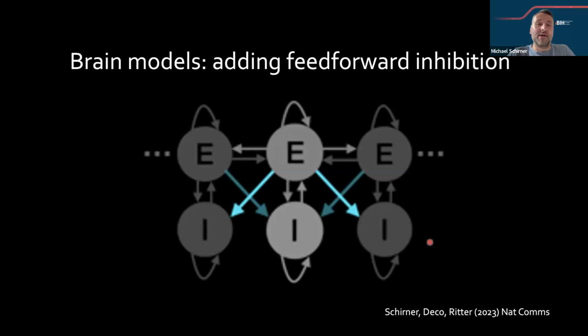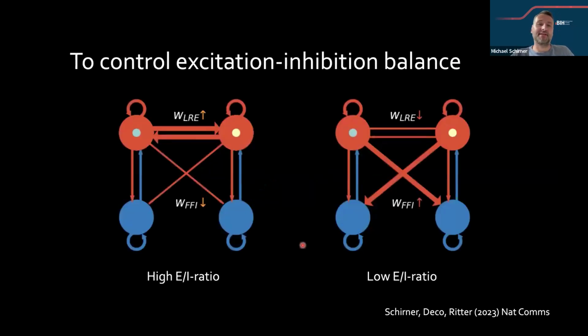In the past, brain network models usually only had these forms of connectivity that we see in gray here. There was long-range connectivity between the excitatory populations, and local connectivity between excitatory and inhibitory populations. But what was absolutely missing was the connectivity from excitatory to distant inhibitory populations, which exists in the brain. Now we, for the first time, incorporated this in brain network models. And this allows us now to